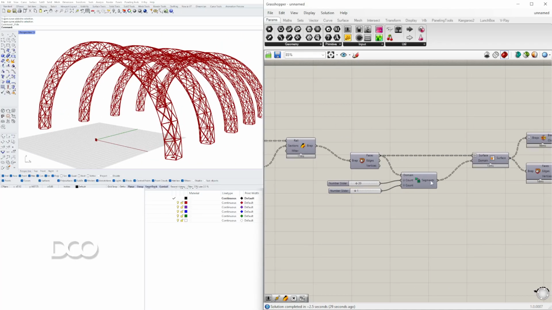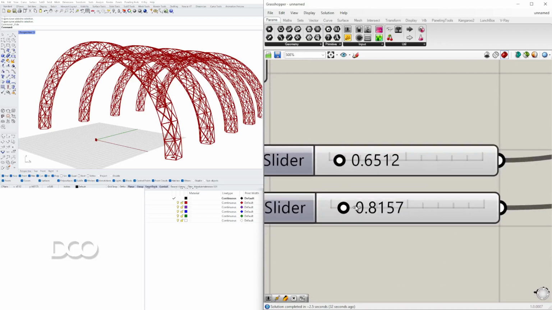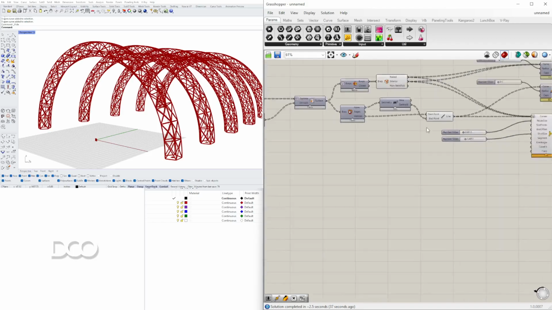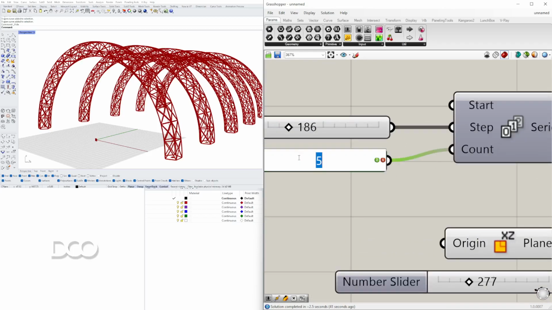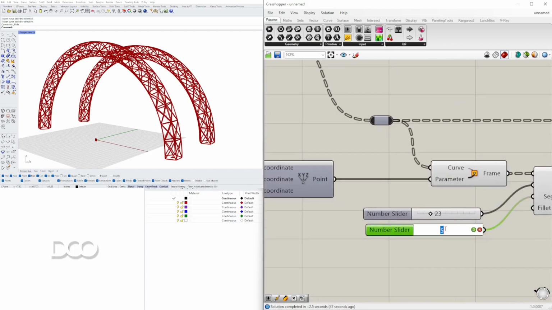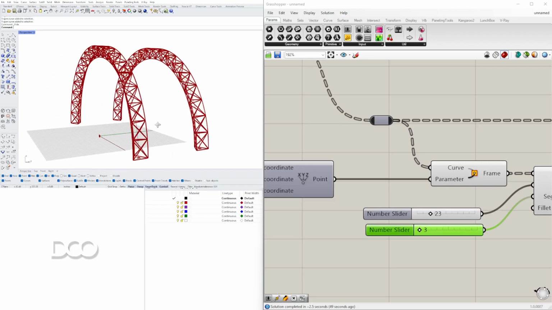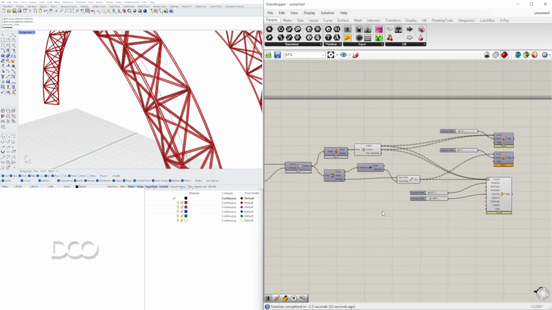But what we'll do now is go here to strut size. When we have too many, it does make it a little bit harder, especially when we have these many subdivisions. So we'll go to 3. And now we'll go here to